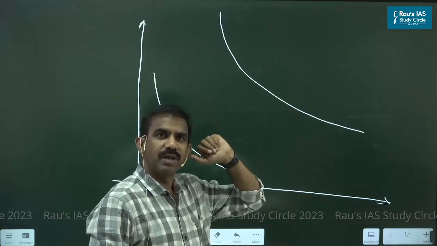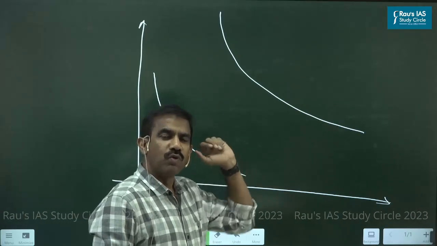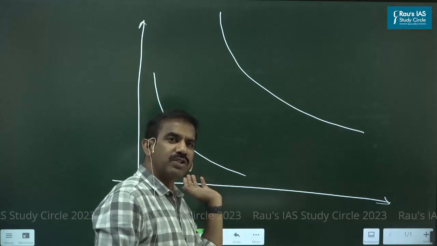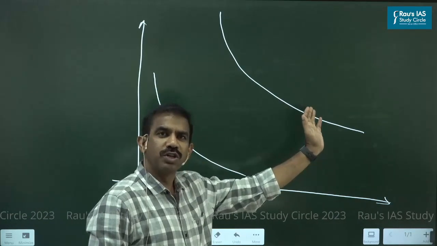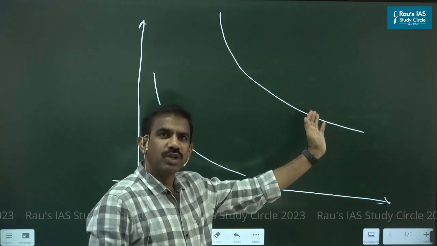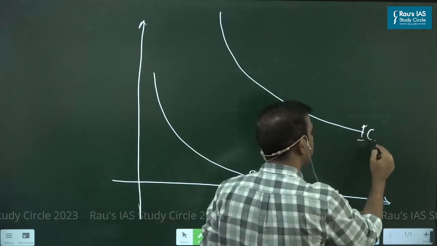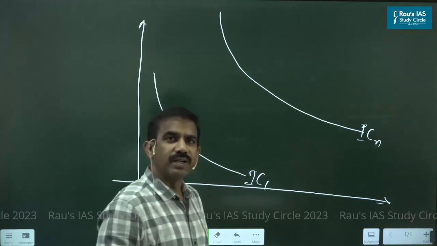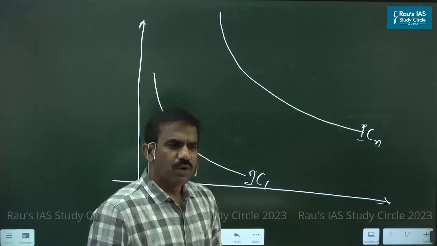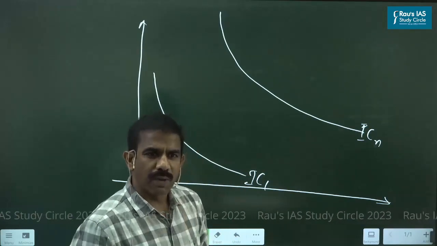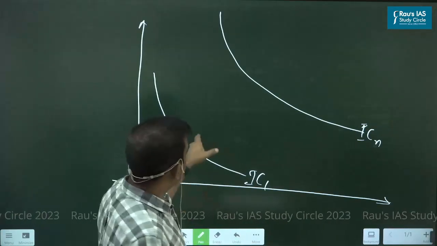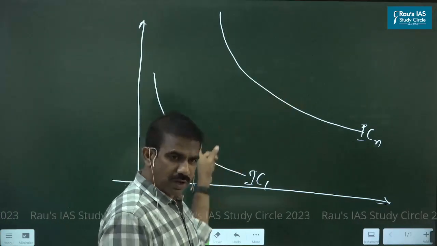Am I right, Vedika? Yes or no? What would you prefer? That which gives you less satisfaction and less utility, or more satisfaction, more utility? Yes, Vedika? Which indifference curve, IC1 or ICN? What would you prefer? ICN. Yes, isn't it? So we always prefer more compared to less. Am I right? Because the satisfaction on this curve is always more than compared to it, isn't it?